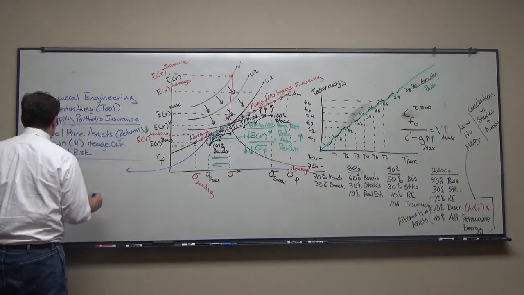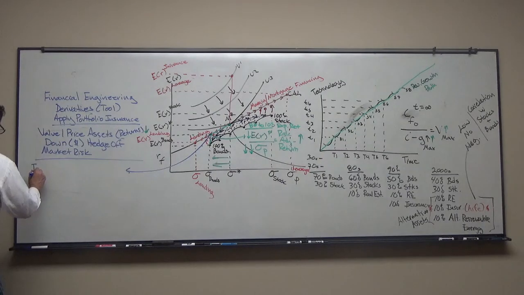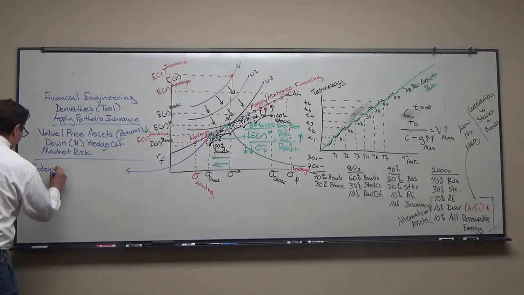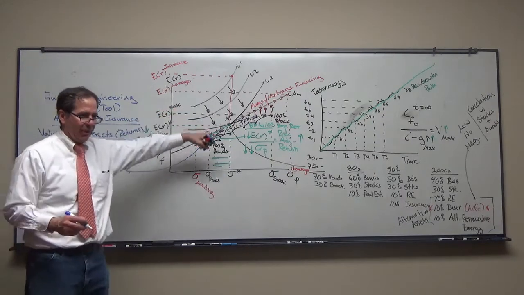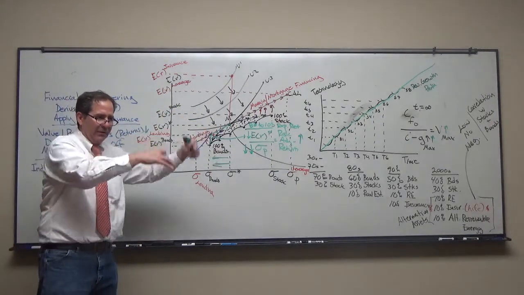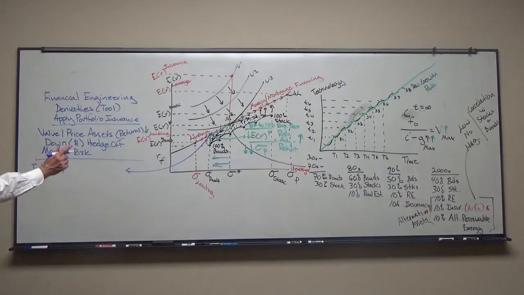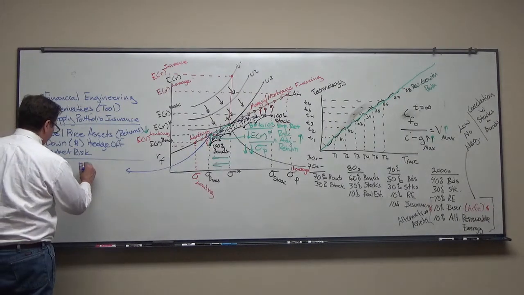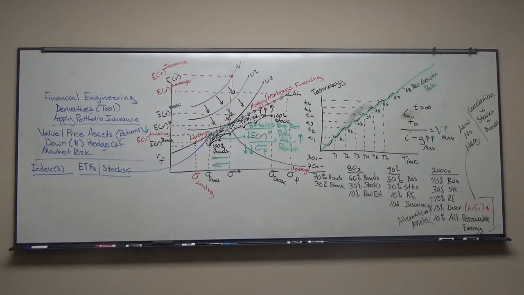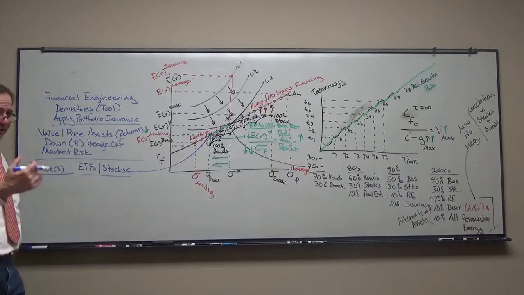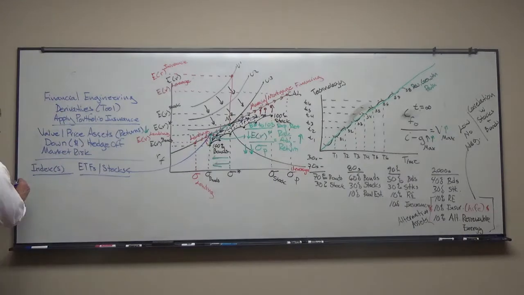Okay. First thing I'm going to do is look at indices. I'm going to go find some indexes whose movements are correlated to the asset prices in the portfolio. They move together, okay? And I'm also probably going to be investing in ETFs in my portfolio, and I'm also going to be investing in stocks, okay? So if I think that the prices and the returns on the portfolio are going to go down in the future, I can hedge off that risk by